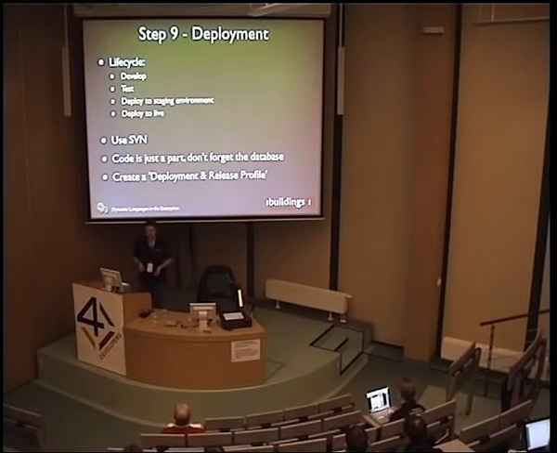SVN takes care of that for you, because with SVN you basically put all your software in the source control system, and when you want to go live, you go to your staging environment and you basically say, SVN checkout this application, and it will pull all the data from your source control system and install it for you. If you want to update, you just say SVN update, and it will just update all the files that have changed. You no longer have to worry about missing changes or overwriting files. Something that happens a lot with FTP is that it takes an hour to upload the file. So if you do that to your live environment, then half of